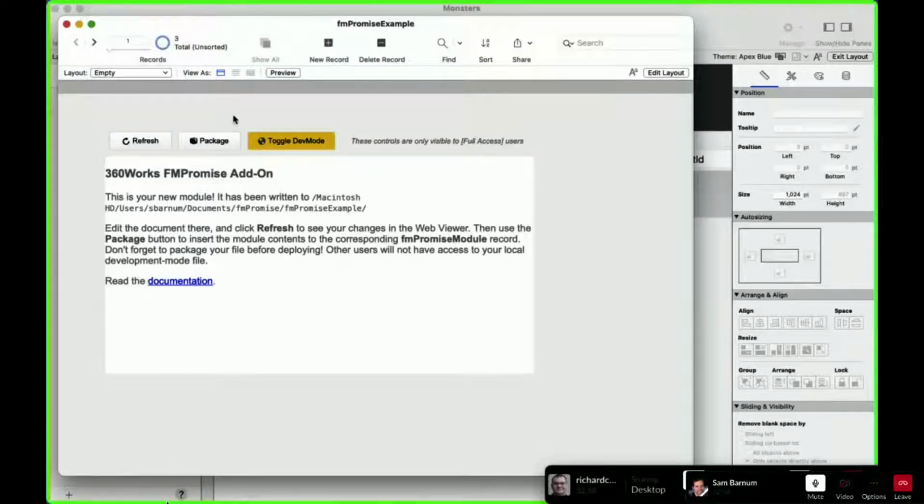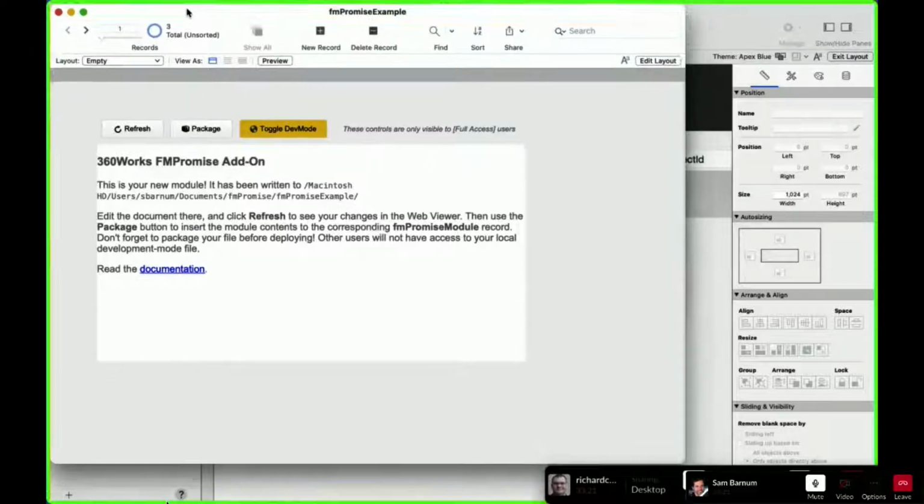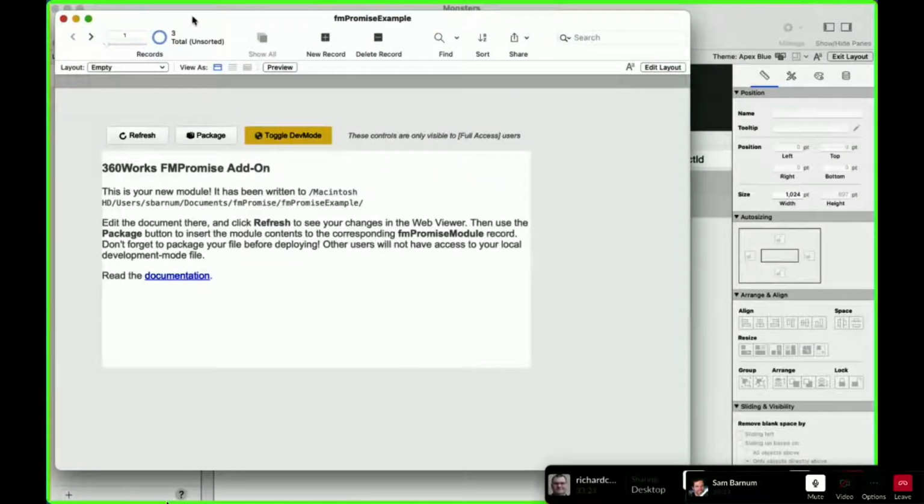And the idea behind that is, if you want to serve content from a web viewer, you need a place to store it. So the place, probably the best place to put that is in a text field. But when you want to edit a file, an HTML file, you really don't want to be typing text into a FileMaker text field, because that's terrible for code. So you want it on a file system, so you can use a nice web IDE like JetBrains IntelliJ or WebStorm. And so this lets you kind of get the best of both worlds in that way, where we've got it on the file system.